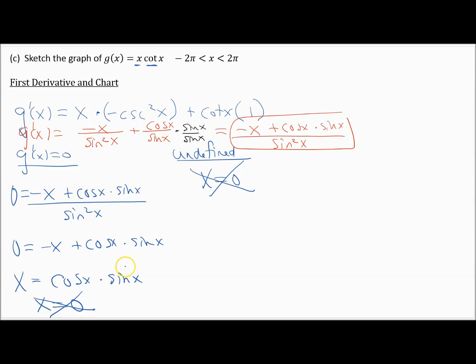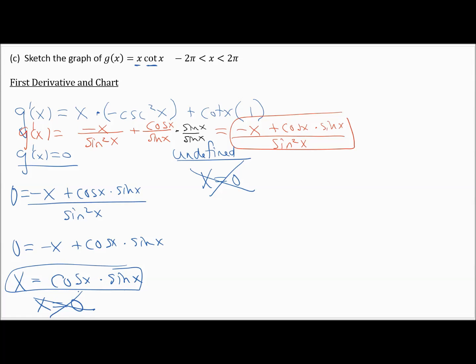Now, I think more about solving this, and you might have to resort to numerical methods to solve this, but if you think about, if you multiply cosine values times sine values, are you ever going to get the original x you plugged in? Like cosine of 0 is 1, so you don't get 1. You could think about it for a while, but there are no solutions to this equation,